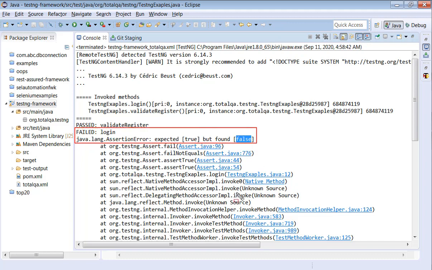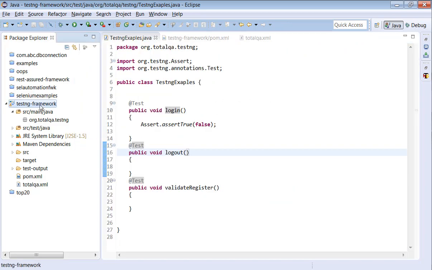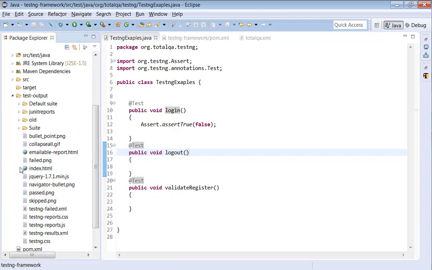This test case is getting failed, right? So with this information, TestNG generates a testng-failed.xml file. Right click, refresh, expand the test output folder. You will find the testng-failed.xml. This will generate if there is any method which is getting failed, the information of the methods which are getting failed will be stored under the testng-failed.xml file.